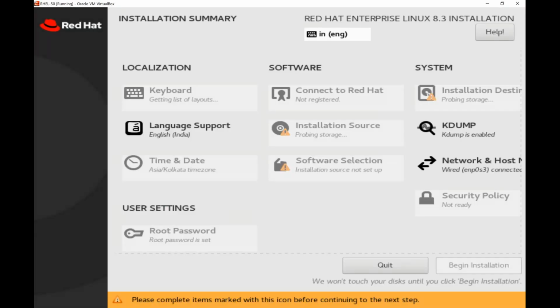Now you can see that all the options will be automatically selected one after the other as per the Kickstart file that we have created. Automatically, it is going to select the keyboard option and root password, all those things it is going to do. You see, installation destination, custom partitioning selected,